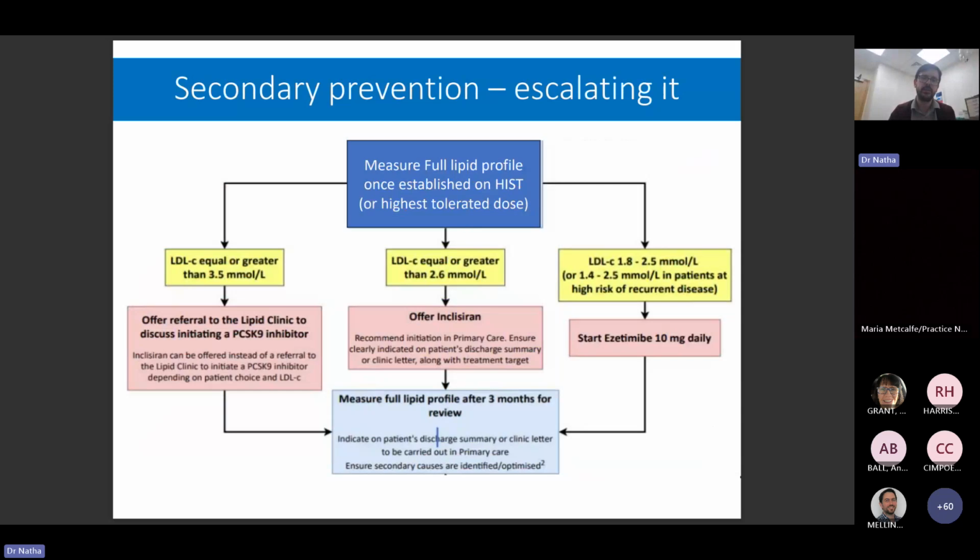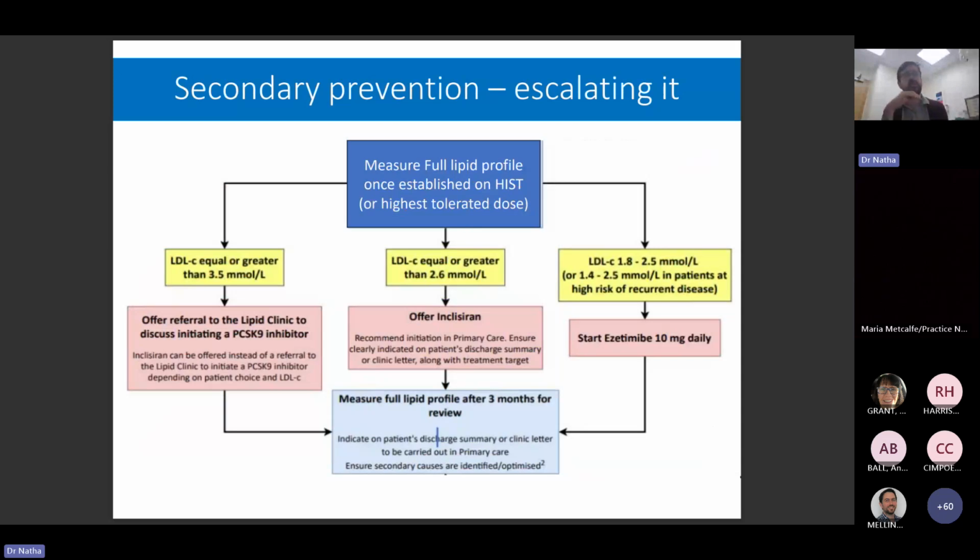For those who haven't come across inclisiran, it is a PCSK9 agent. PCSK9 is a protein that recycles the LDL receptor present within the liver that helps take up LDL cholesterol from the peripheral circulation. So if you cancel out PCSK9 activity, you allow the LDL receptor to function for longer and therefore get better LDL removal from peripheral circulation. So PCSK9 agents like inclisiran,